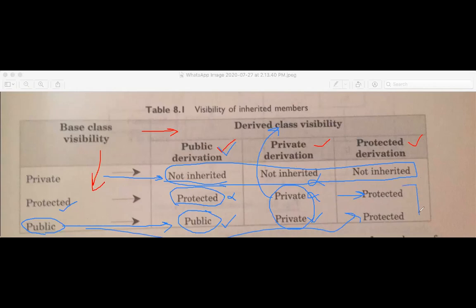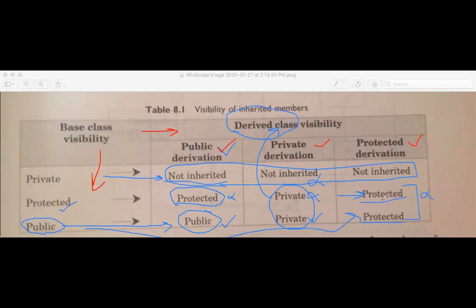What is the meaning of protected? The meaning of protected is that this protected field cannot be accessed by using the object of the derived class. So using the object, both are not available. But if you derive the derived class, that is in case of multi-level inheritance. Okay, this is the base class, the derived class. Again, you are writing one more derived class of this derived class. Then this method or this method of the base class is available in the third level of your derivation.